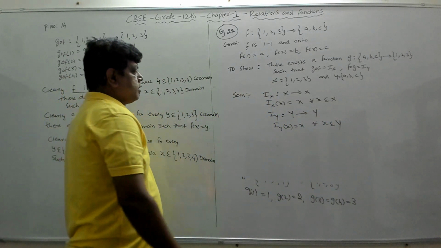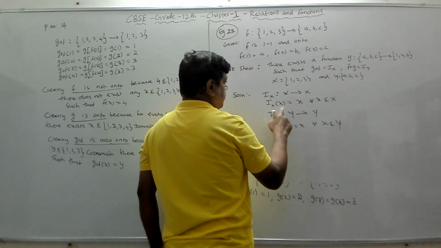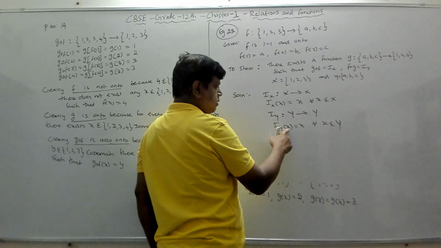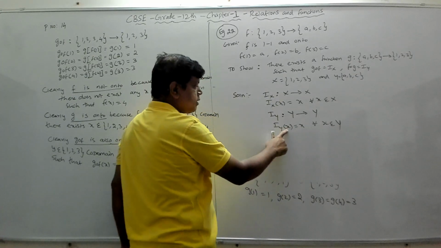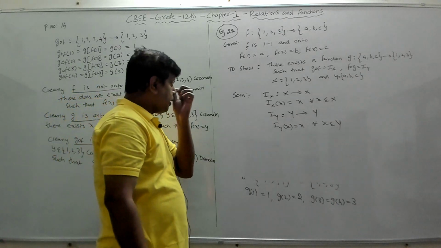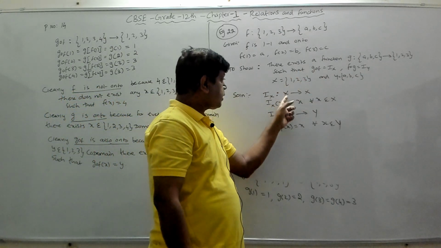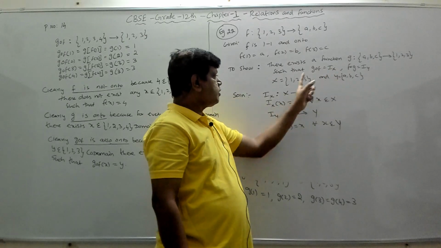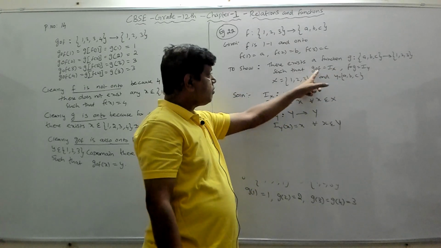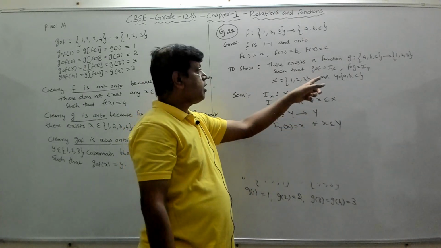Right? So these capital X's denote the set. The small x denotes an element of the set. Here we are taking the same element x. The variable used is x where x belongs to y. So these are called identity functions. So we should prove that g of f is a function from X to X. G of f is the same as Ix, which means g of f should be a function from X to X, and g of f of x should be equal to x. That's what we have to prove.